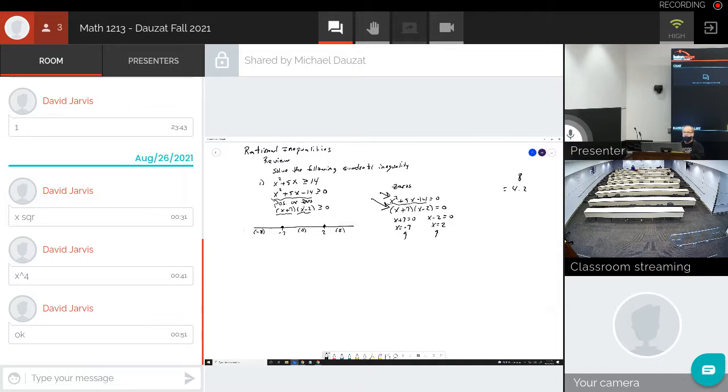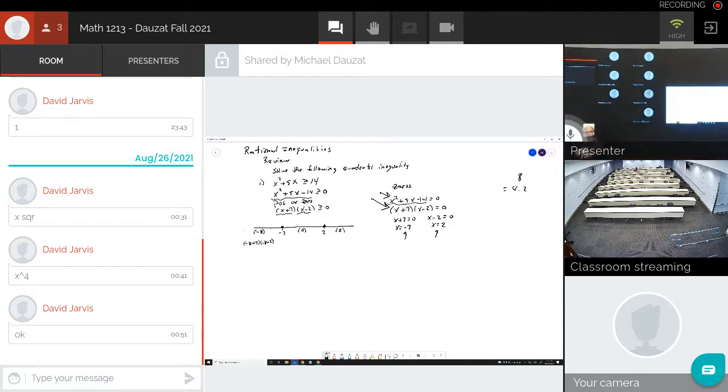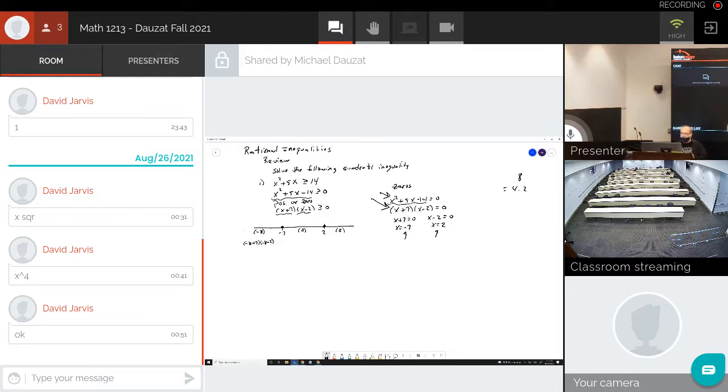Where we see the variable x, you substitute -8. So I get -8 plus 7 times -8 minus 2. That's that first interval. And then all you do is determine the sign. What's -8 plus 7? What kind of number? Negative. It's a -1. Times, what's -8 minus 2? What kind of number? Negative as well. It's a -10. What's a negative times a negative? Positive. So that means that any number in that interval from -infinity to -7 is going to make this